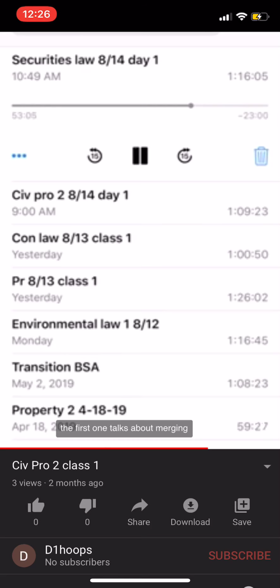The first one talks about merging the two separate documents into one, the jury demand along with the complaint. And it says here too that this is your option as a plaintiff's attorney, to ask for a jury trial or not. Who can think of a reason why you might not want a jury trial? Yes. If your plaintiff is not a good person. Then you should decline representation. But sometimes you can do that.